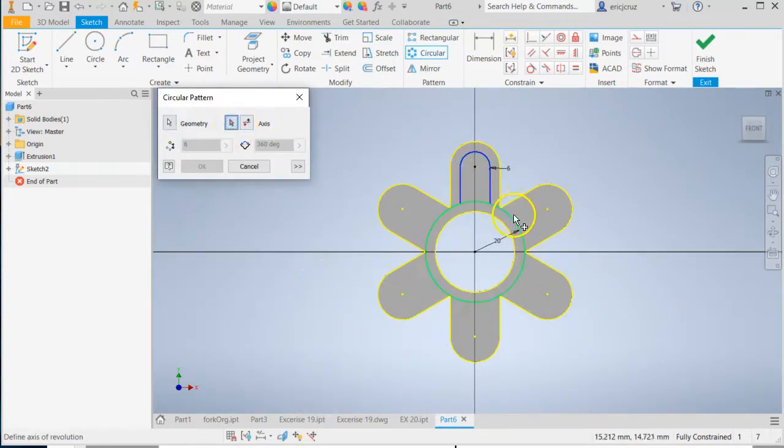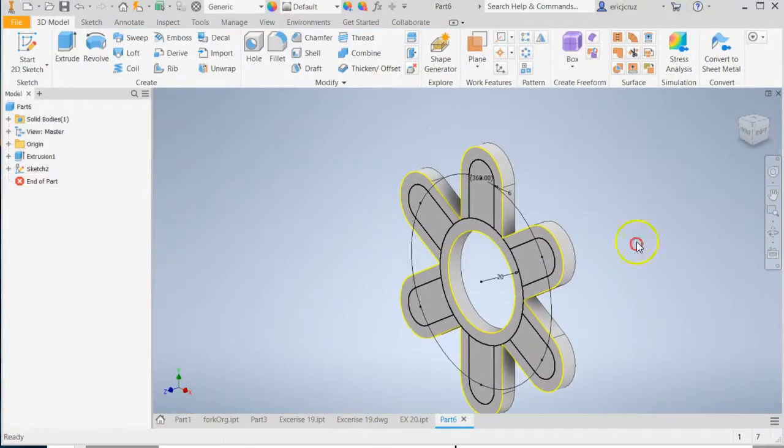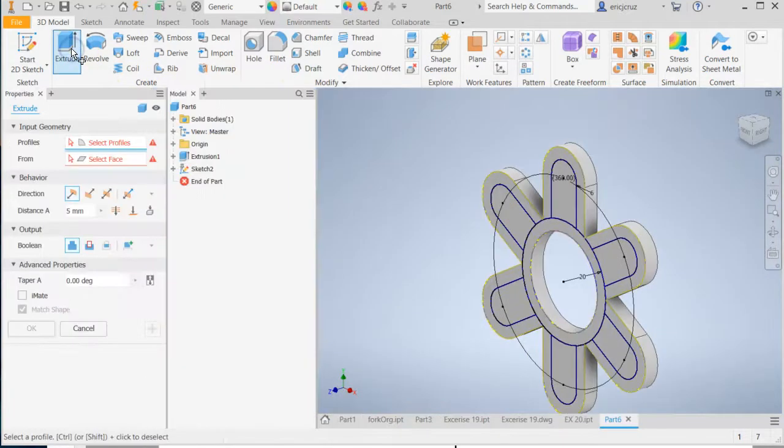Click the axis button, click on the big circle. It's already set to 6 and 360. You should see your pattern drawn. Click OK. Finish sketch. And what we'll do is extrude that by 5. So click on each of those little